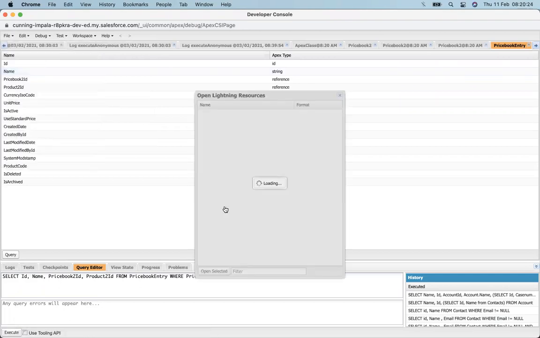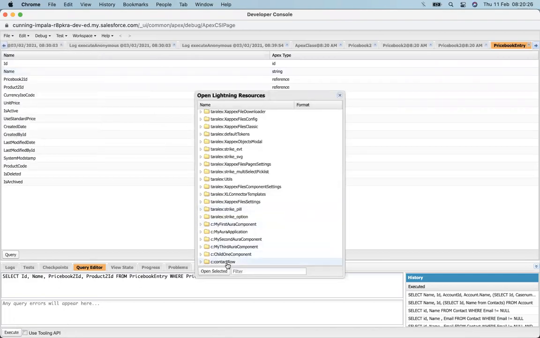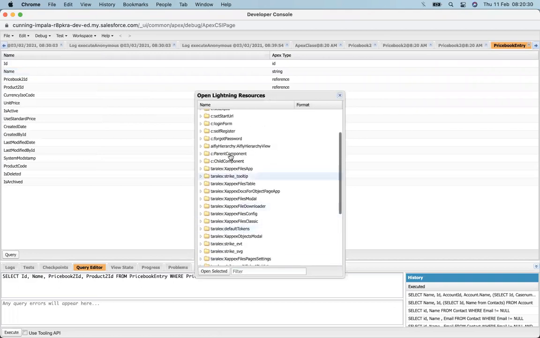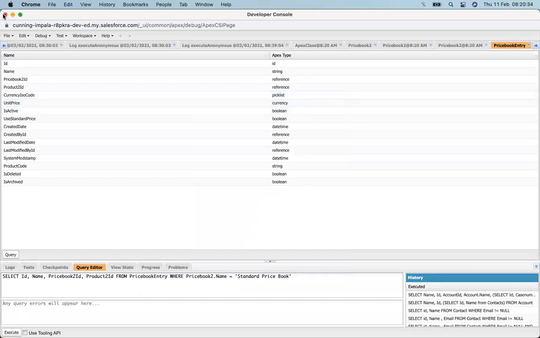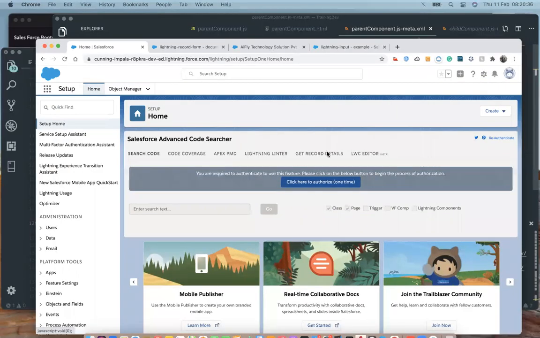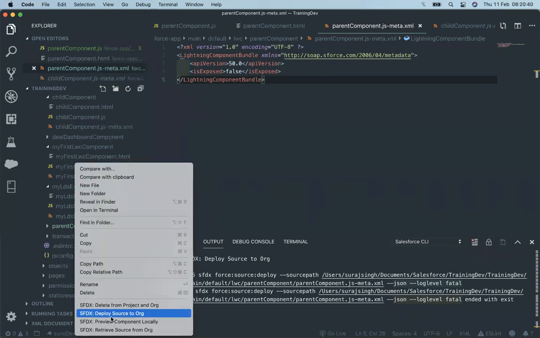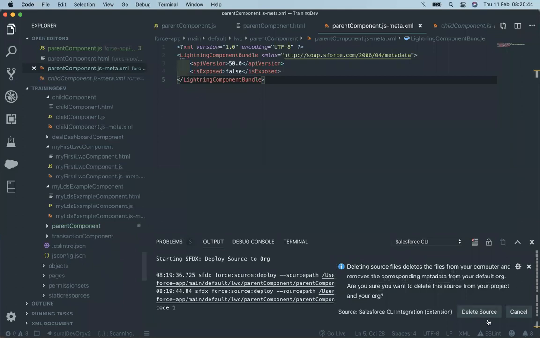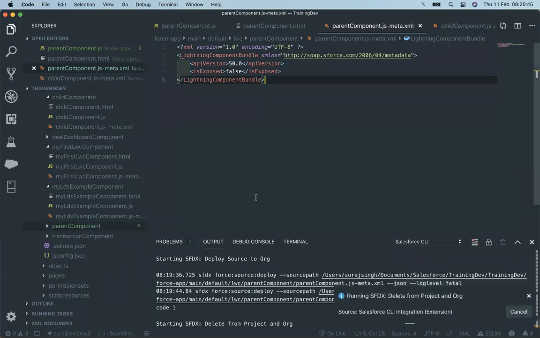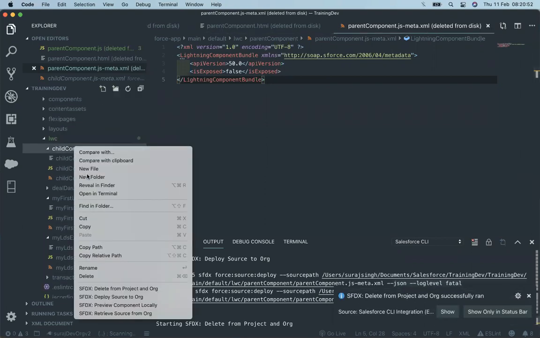Open that in the source. No, there is no parent component. Okay, yeah. We have a parent and child component. That's why it's showing me the error up here. Let's delete this. Okay, we also need to delete this.